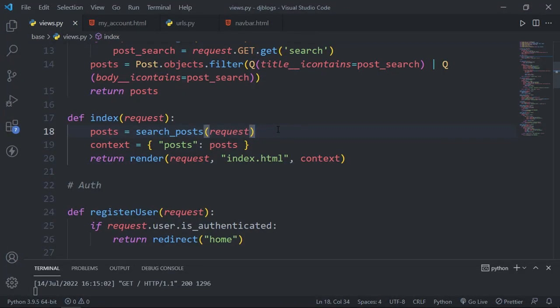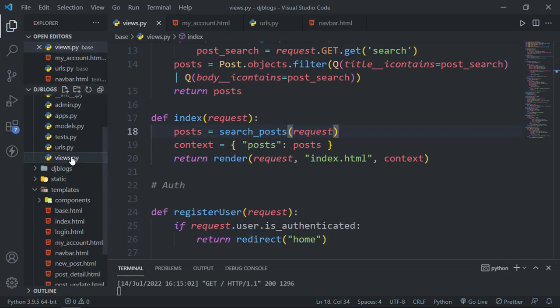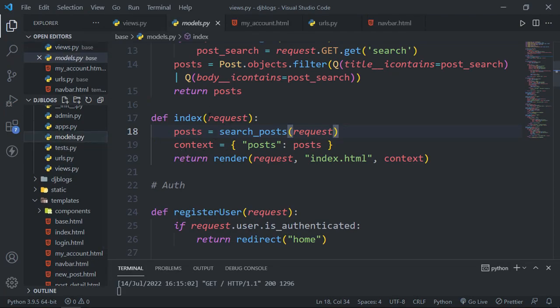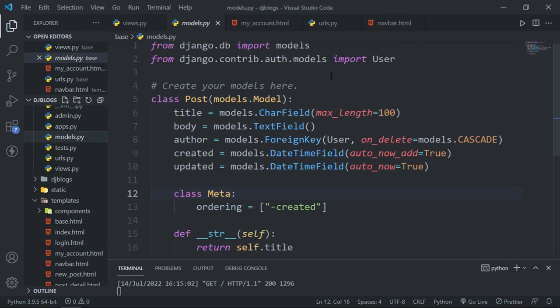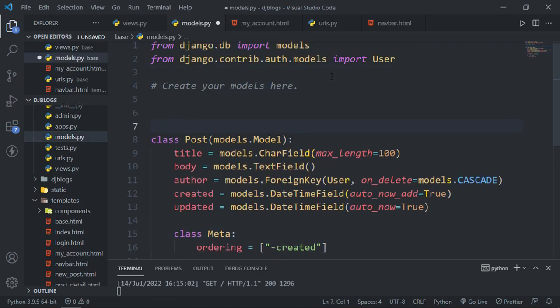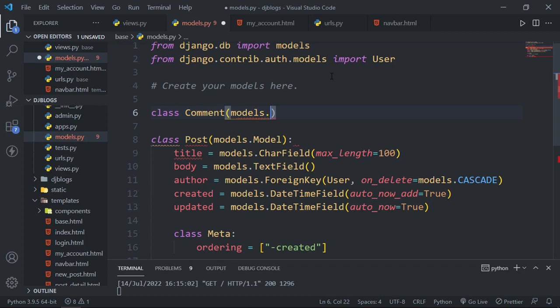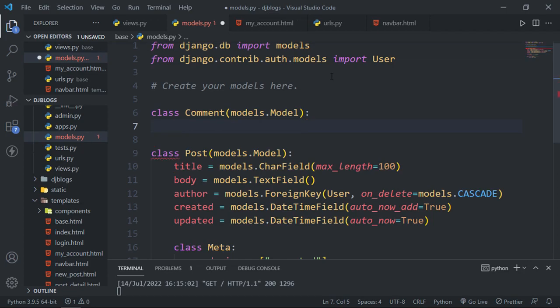Alright, so now let's create the model for our comments. So I will open the models.py file, and let's create one more model. So I will type here class Comment, and then models.Model, and then in the comment we have first of all the author. So I will type here author